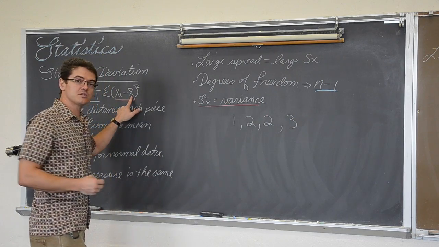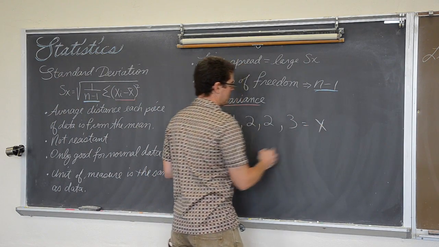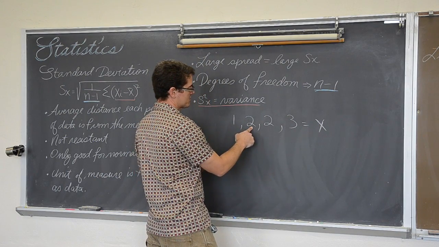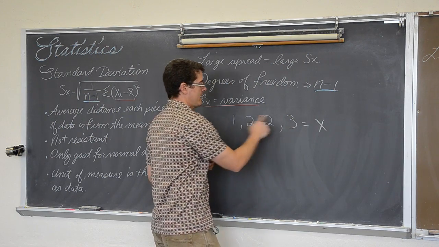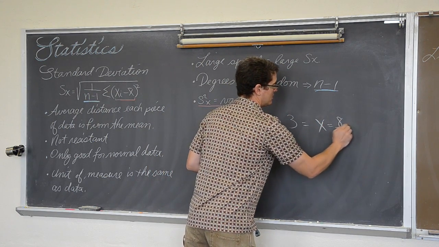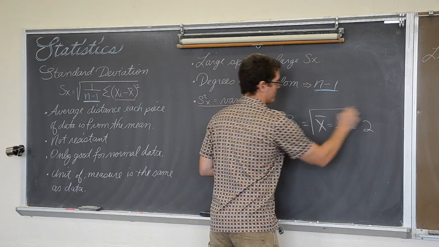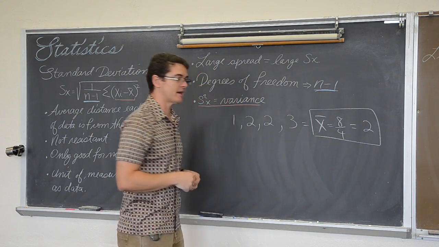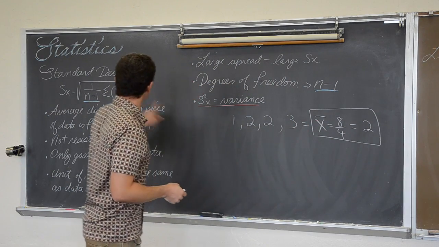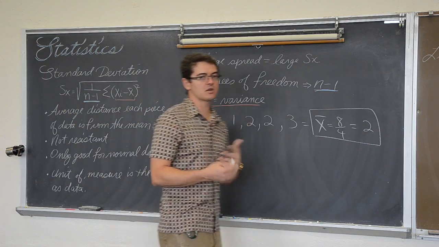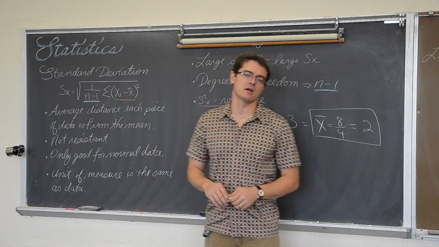Standard deviation requires knowing the mean, so if I add up these 4 numbers, 1 and 2 is 3, 2 is 5, another 3 is 8, and 8 divided by 4 is 2. So my average for this sample set of data is going to be 2. Now that I know what the mean is, I can walk through this formula and show you the structure of the formula and the fact that this fancy Greek symbol is not quite so scary.